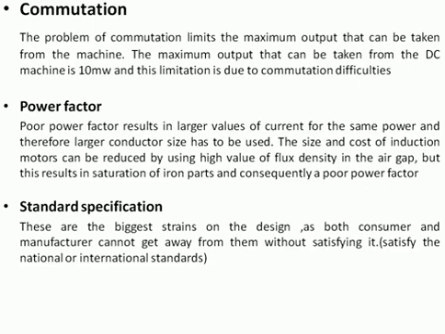So this commutation is actually putting a limitation on the design of DC machine. The major limitation is, in the case of a DC machine, you won't be able to design a machine with a power rating greater than 10 megawatt, because if the power rating is greater than 10 megawatt, the current flowing through the armature conductors will be very large in magnitude. In such a case, you won't be able to achieve proper commutation. If the commutation is not proper, definitely it results in sparking and all, which gradually turns the machine to be a damaged one.